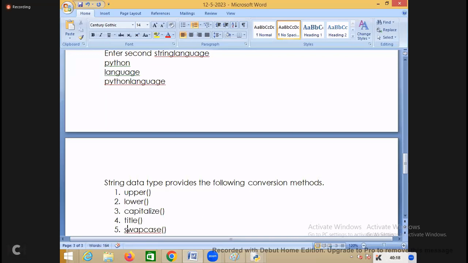If you want to convert the string into capitalize, the first letter of the string should be capitalized and the remaining all are in lowercase. In title case, every word's first letter will be capitalized, and that you call title case. Swap case means if it is uppercase, it converts into lowercase, and if it is lowercase, it converts into